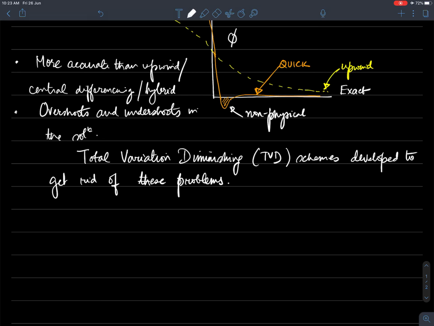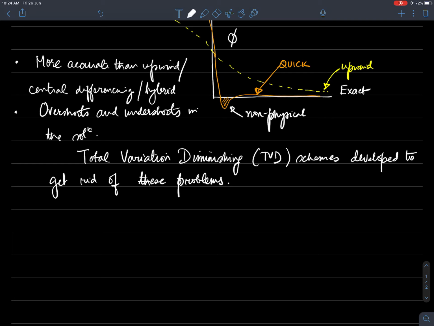Now historically, if I tell you a little bit of background on TVD, these schemes were used for discretization of equations that govern time-dependent compressible flows. But these schemes have recently become more popular for even general purpose CFD, and TVD in itself involves a fair amount of mathematics, and it's quite tedious and cumbersome to be compressed into one lecture. But what I'm going to do in this lecture is to give you the general principle, the ideas behind this scheme, which are fairly easy to understand.